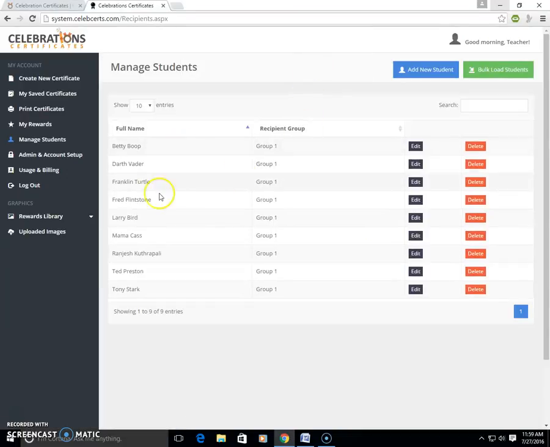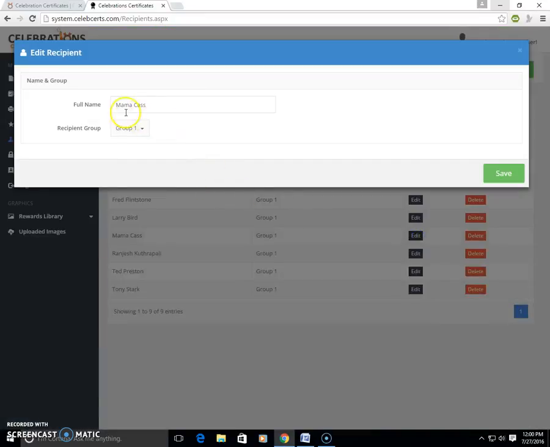And now we have everybody in alphabetical order in the group. Remember, if you want it to show up as Betty Boop or Darth Vader, you have to make sure that Betty is the first name and Boop is the last name. It'll load just exactly as you put it in there. You can even change the names if you don't like the spelling. Let's say you think that Mama Cass has 2 M's in it. You can edit,